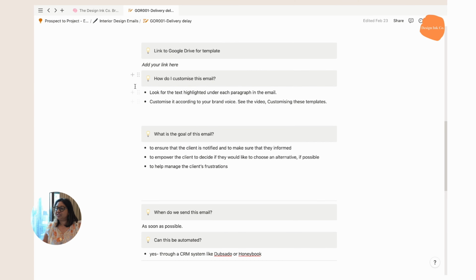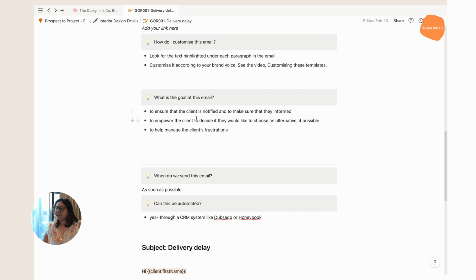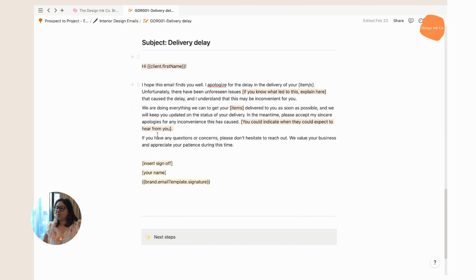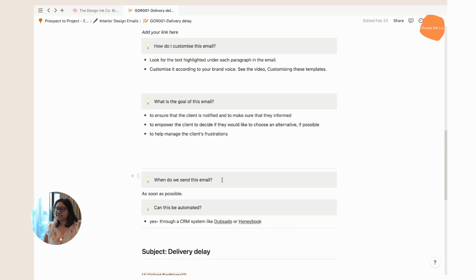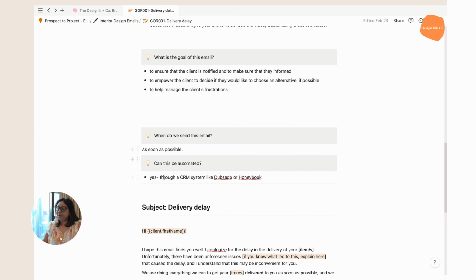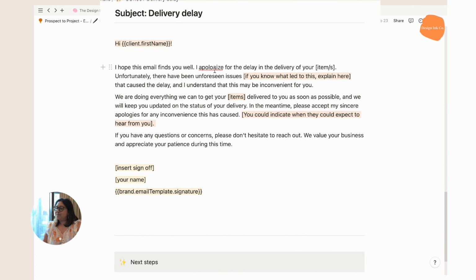So we've got a few instructions about customizing the email, but one of the things I do want to focus on is thinking about the goal of the email. So what I've actually tried to do is, what is the actual issue that we're trying to address with this email? For example, there are some emails that we will send regularly, for example, a client update email. And for example, in this email, which is there is a delivery delay, we can automate this through Dubsado and Honeybook if you would like,